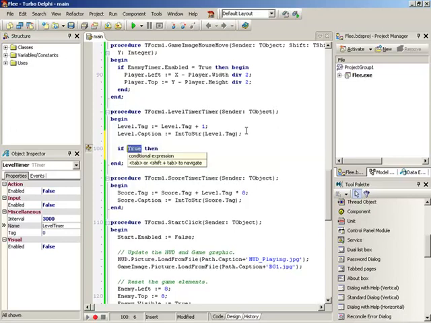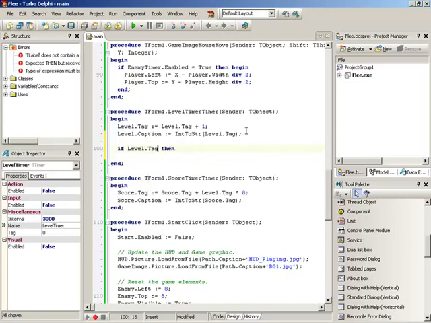So we can say if our level.tag mod some number. So you said you wanted to have this run by 3? Yeah, we can do 3. So if level.tag, so our current level, mod 3. I think what you did, though, was mod it 2, didn't you? Yeah, in our example game that we had before, that was 2. Okay. So you want to do it 2? Yeah, that's fine. The reason I did 2 is that's just easier to see because it happens faster. Yeah, let's do that. So if our mod 2 is equal to 1,